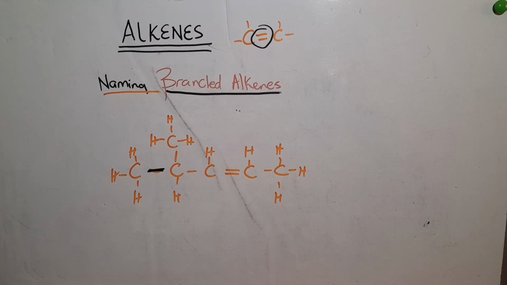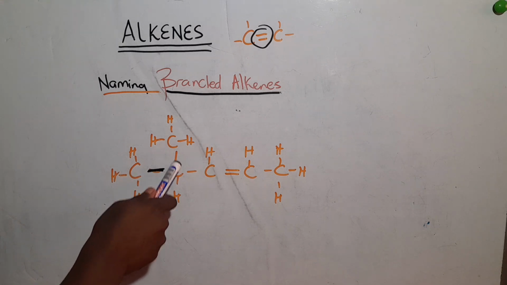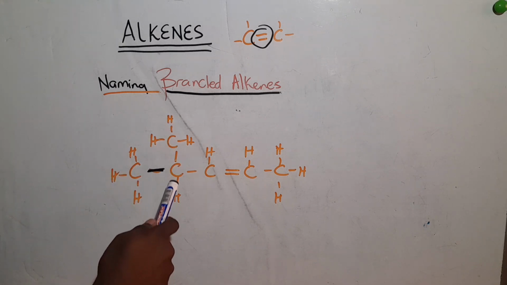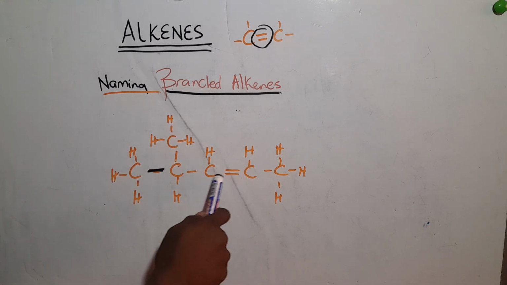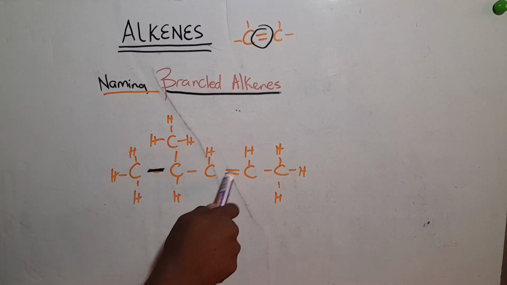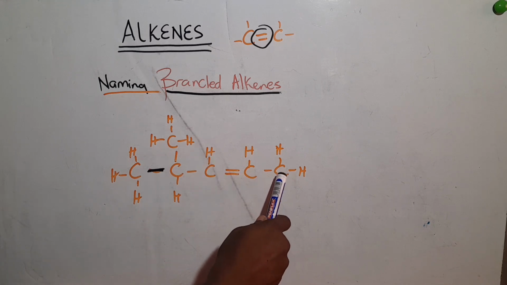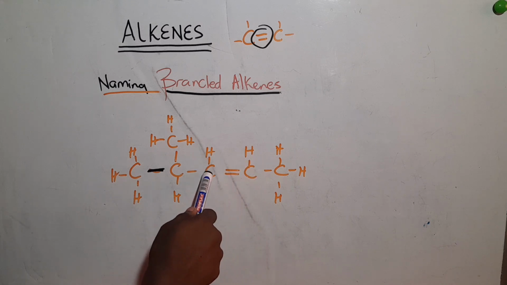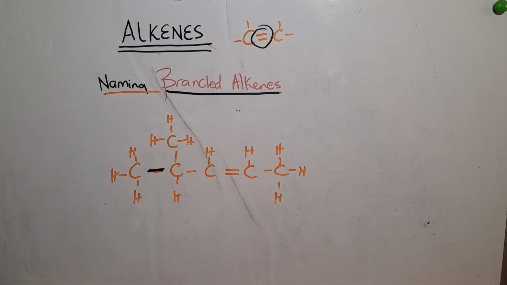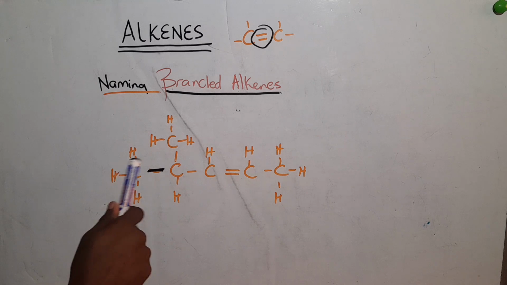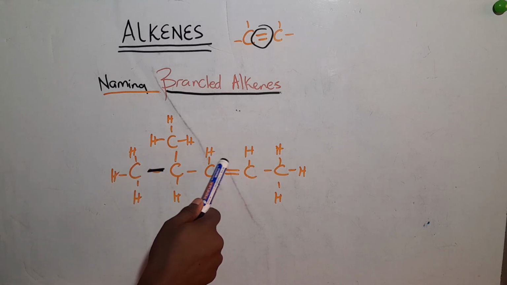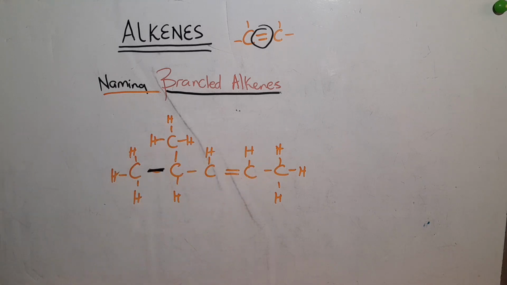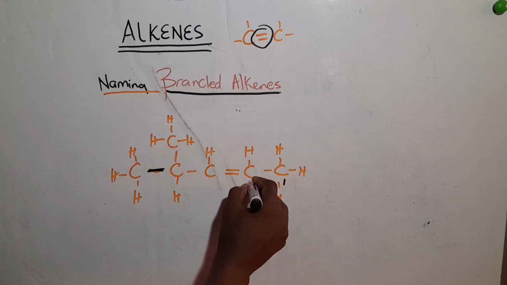And then we number our carbon atoms from the side closest to the double bond. So if we number like this, 1 2, this is closest to the branch. 3, and the double bond will come on carbon number 3, but from this side it's 1 2, double bond came on carbon number 2, and this came on carbon number 4, right? So we will choose this side. We will prioritize the double bond more than the branch, right? So we are numbering from this side,